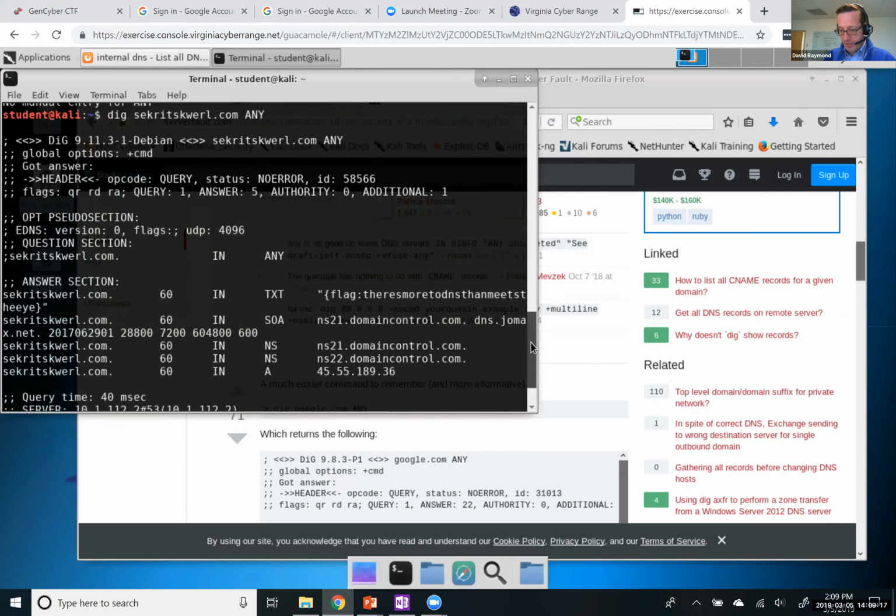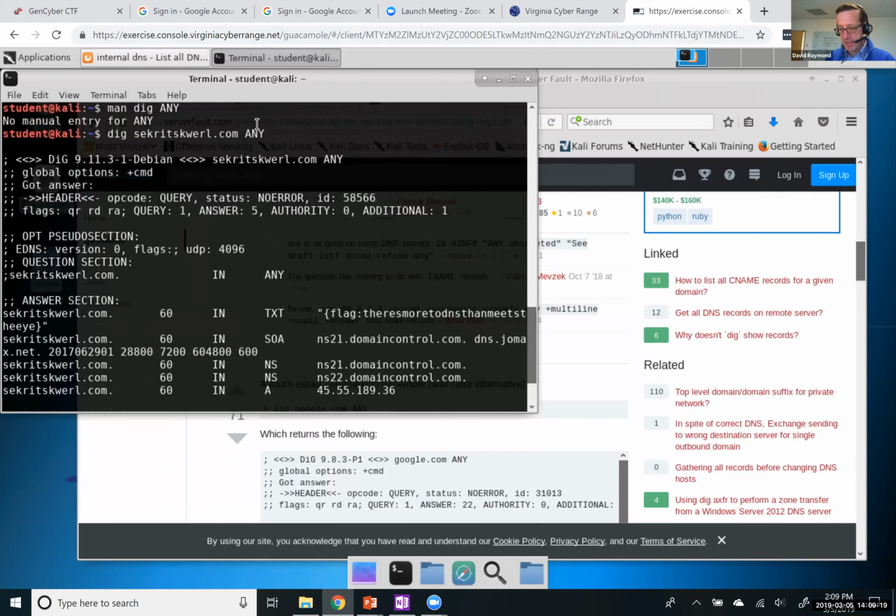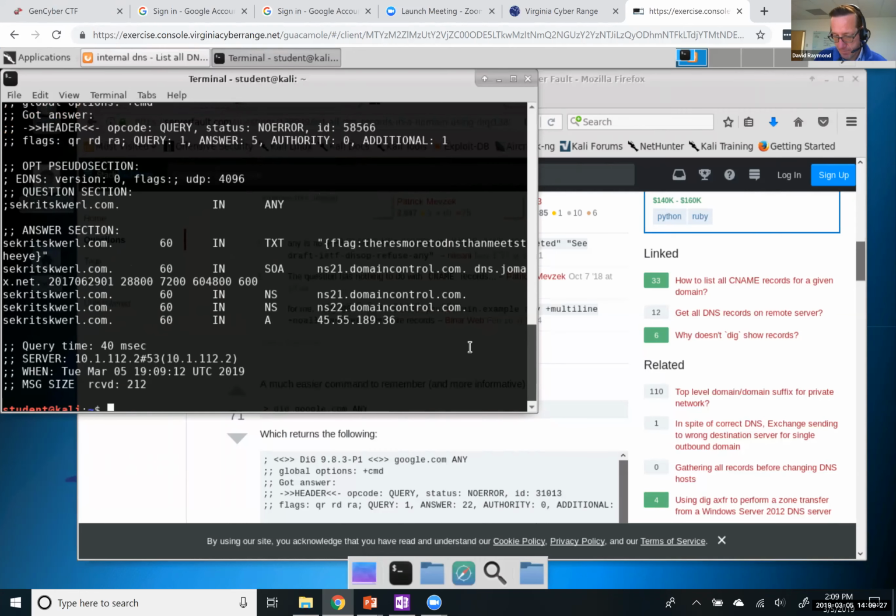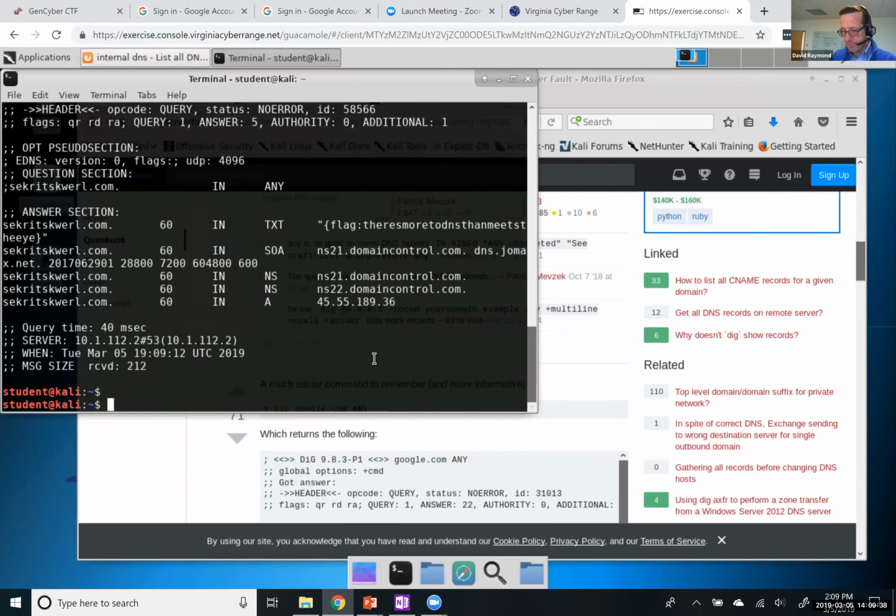This is a useful command. Dig, and then I put the domain name, and then any. This gives me all records associated with that particular domain name. Here I did get my A record, right? I also got my NS record, and I got my flag because it's in the TXT record, and it's all there. And there's my start of authority record. Okay, so that's a good tool. So let's see if I can copy and paste that.